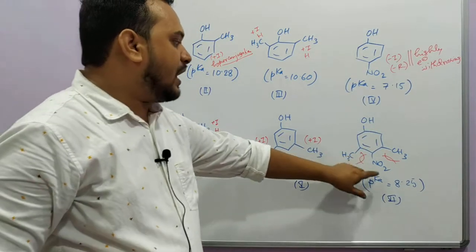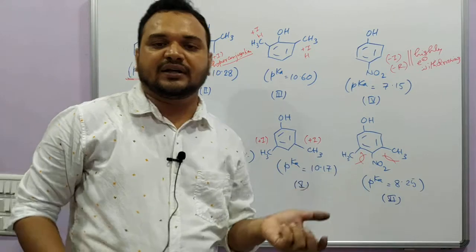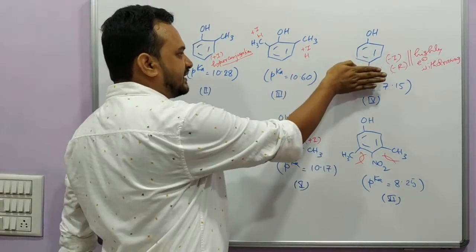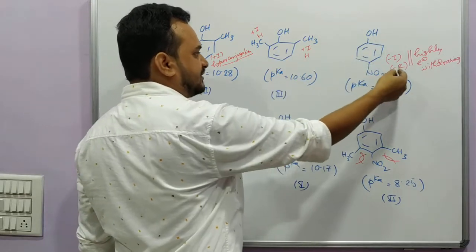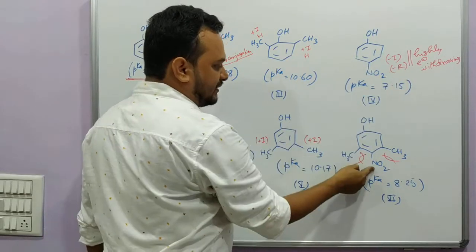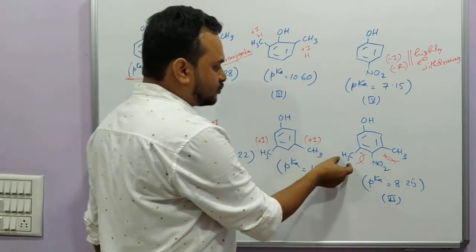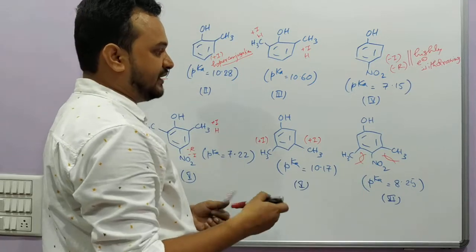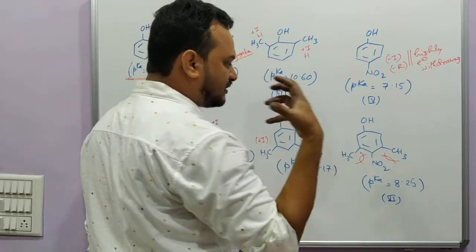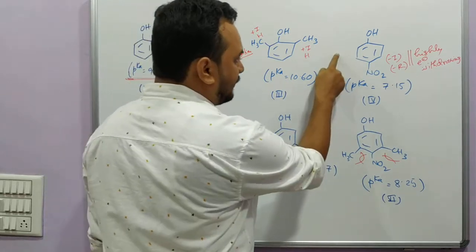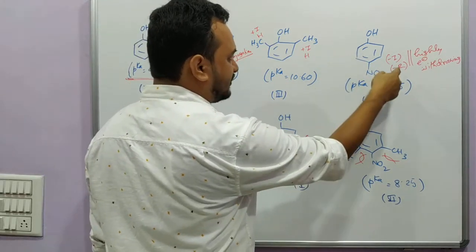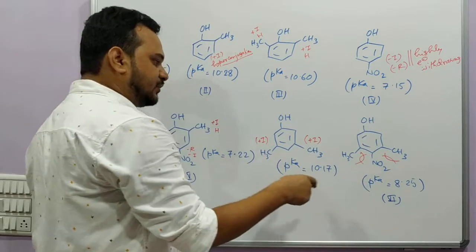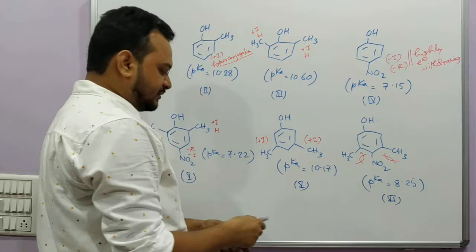As soon as it goes out of plane, now it cannot exert the minus R effect to that extent like here. Here the NO2 is in the same plane as the benzene ring, so it is a very prominent minus R effect. But here the planarity is somehow disturbed because of these two ortho methyl substituents, and as a result the minus R effect becomes weaker. So here this NO2 group is not that strongly electron withdrawing compared to compound number 4. Here the minus R effect is very strong, here the minus R effect is weak. In addition to that, there is the plus I effect of these methyl groups also.